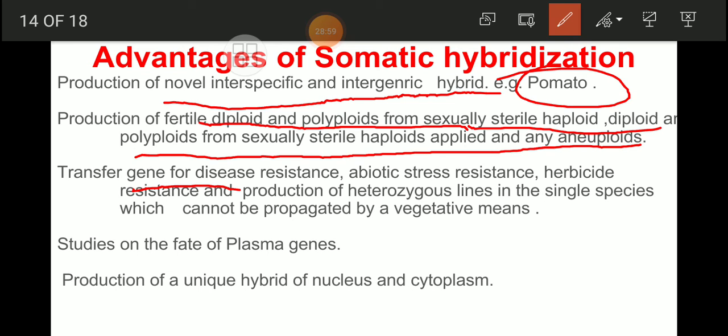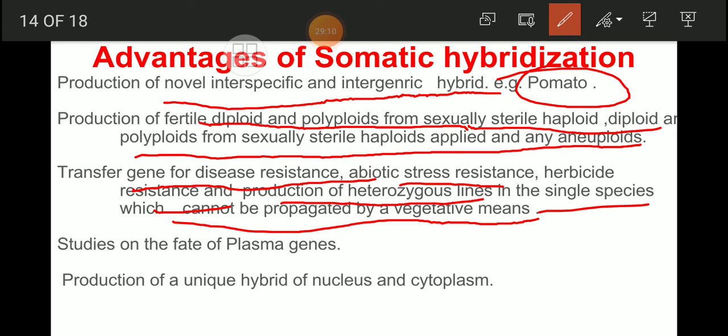Also the transfer of genes for disease resistance, abiotic stress tolerance, herbicide resistance, and production of heterozygous lines in a single species which cannot be propagated by vegetative means. We know that most plants reproduce with the help of seeds, meaning sexual reproduction is required, isn't it? But in such plants, vegetative reproduction is naturally not there, so they are not able to produce a new plantlet from their vegetative parts. In such a condition, the somatic hybridization technique can be used to develop a vegetative